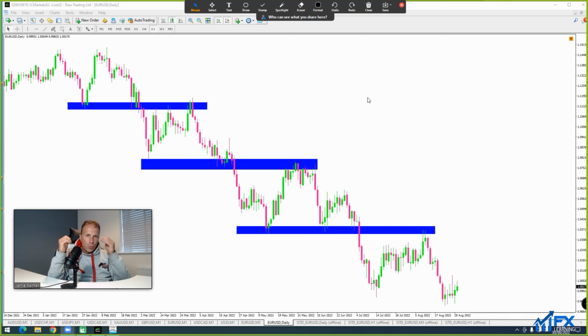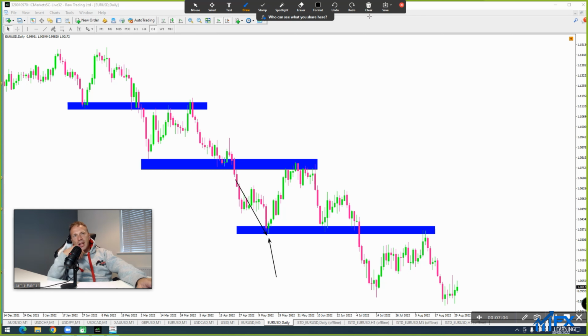Now, the first thing we want to do is identify a currency pair movement. Which way is it moving? It's a downtrend, so we're interested in it. We're looking for sells. Now, when I draw my support and resistance, we want to be marking up the areas that have reversed